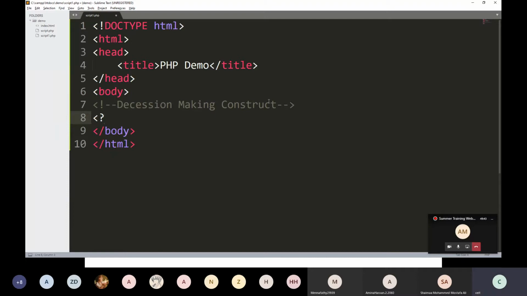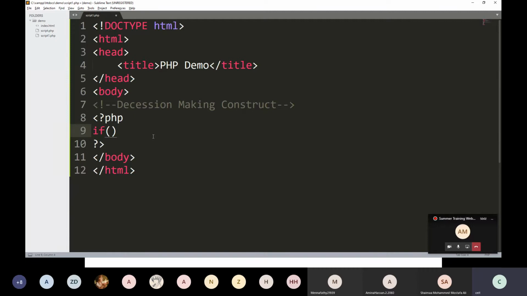Always remember the PHP syntax: bracket, question mark, php. Then end with question mark, bracket. Now my PHP script starts from here. First, we are seeing the if else.